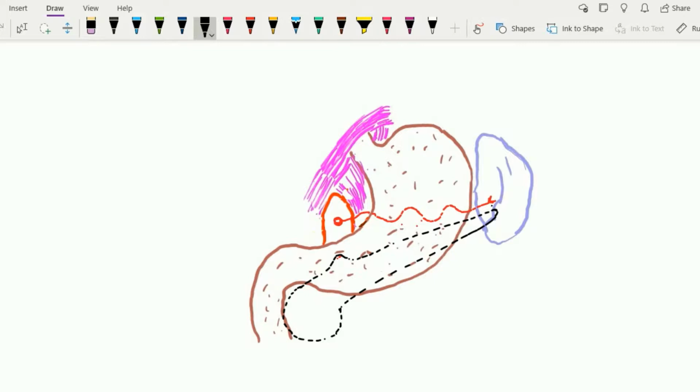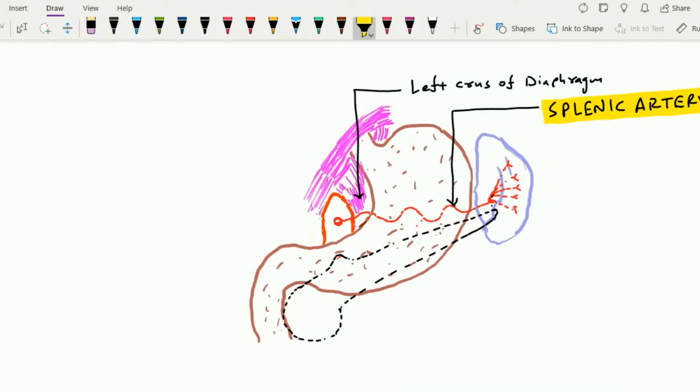While the splenic artery arises from the celiac trunk, it passes in front of the left crus of the diaphragm, the sympathetic trunk, as well as the left-sided suprarenal gland and the left kidney, and then it reaches the hilum of the spleen after passing through the lienorenal ligament. When it reaches the hilum of the spleen, the splenic artery will penetrate the spleen and gives 5 or more branches within the spleen. The splenic artery is tortuous in nature to allow the expansion of the stomach during a meal.